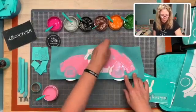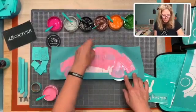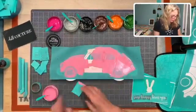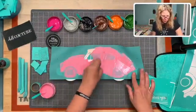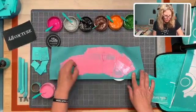This one does take more chalk paste than you would think because it has a lot of open area. I will need a little bit more. You want to work quickly so it doesn't dry on there. You are spreading and working quickly, scraping off the excess as I go. Okay, so